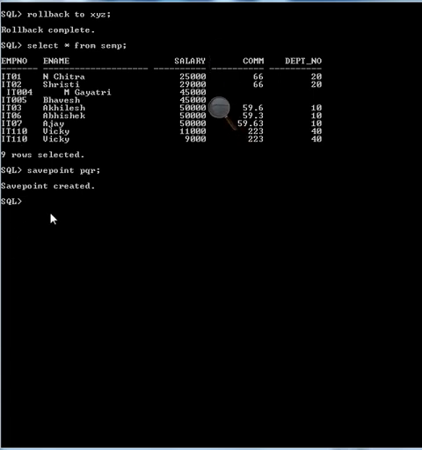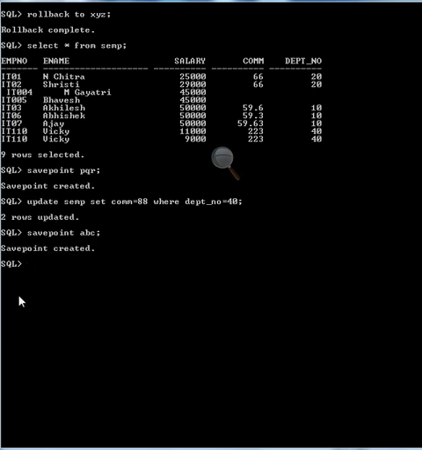Now give some update command: update ACMP set commission equals 88 where department number equals 40. Now give another save point, ABC. The save point is created.